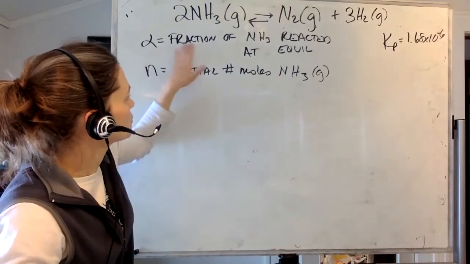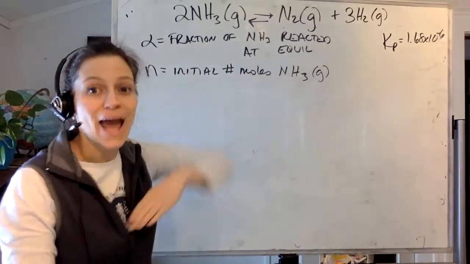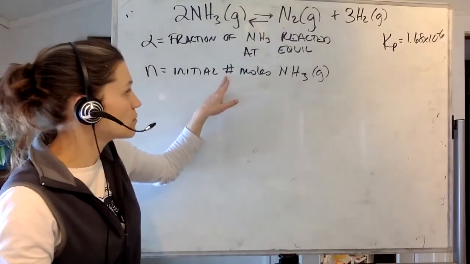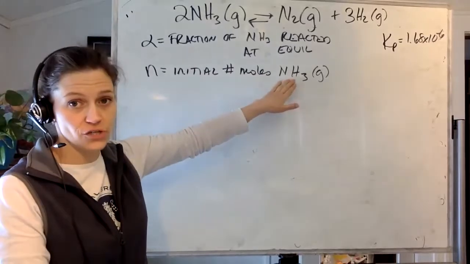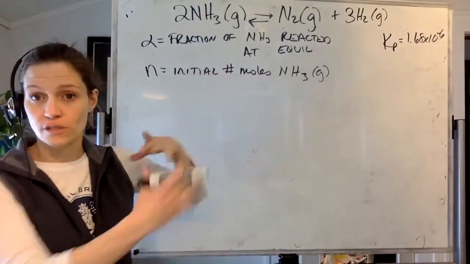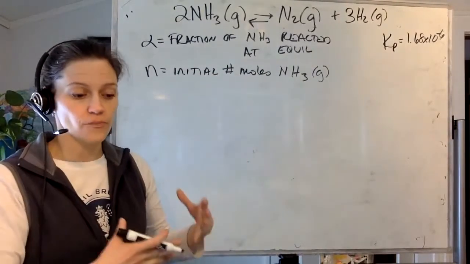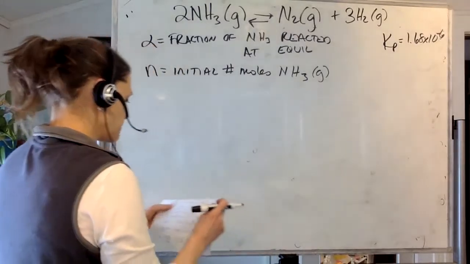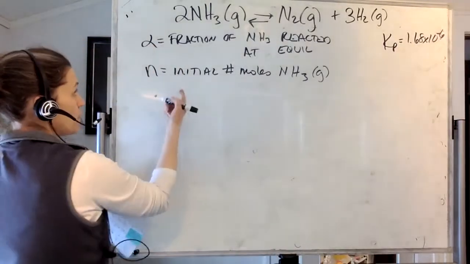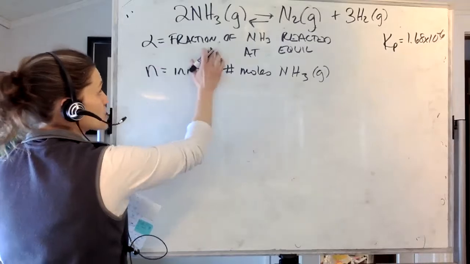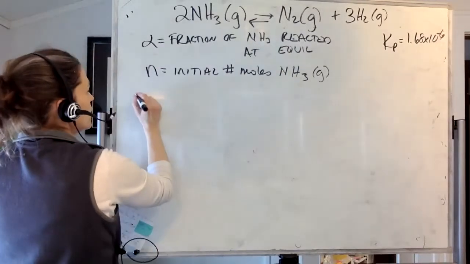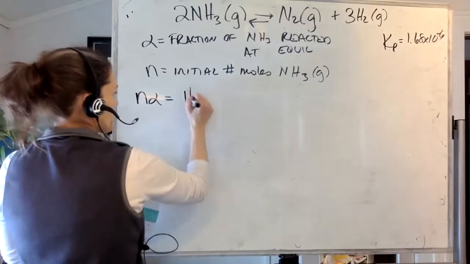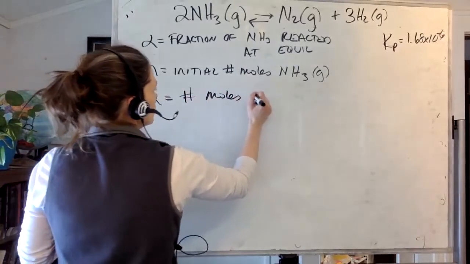So alpha is the fraction of NH3 that's reacted at equilibrium. N is the initial number of moles of NH3. So that would be something that we'd know. It's a quantity that we could start with, so have knowledge of initially. Okay, so that means that if this is the fraction of NH3 that's reacted,